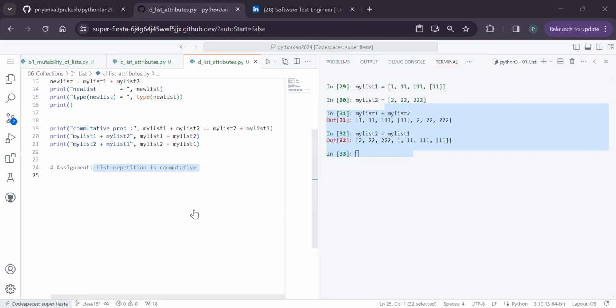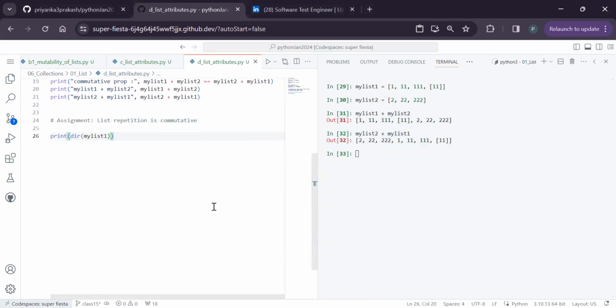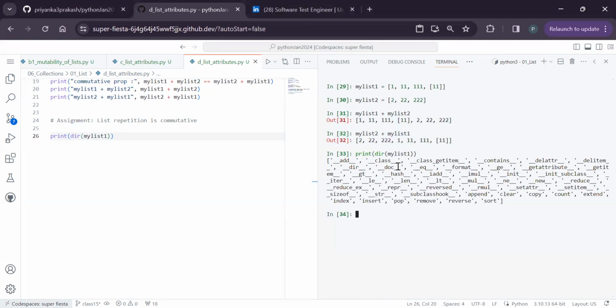Now, one task for you: if I want to get only the attributes which have underscores on either side, how do I get them? If you generally ask for dir, I will get all the attributes. But if I want only the attributes which have underscores on either side, within the list we want to get specific things. So for each attribute in dir of my list, if I say it like this and print each attribute,